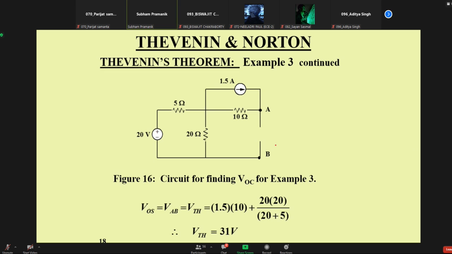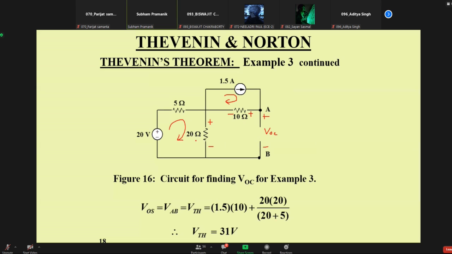So what will be the open circuit voltage here? If this is the voltage, say VOC, we have two other meshes. This current is flowing through this 10 ohm, so the potential drop will be like this, plus minus. There is another current in this mesh that will develop a potential drop like this, plus minus. So the voltage across 20 ohm plus the voltage across 10 ohm, that is actually the VOC, right?